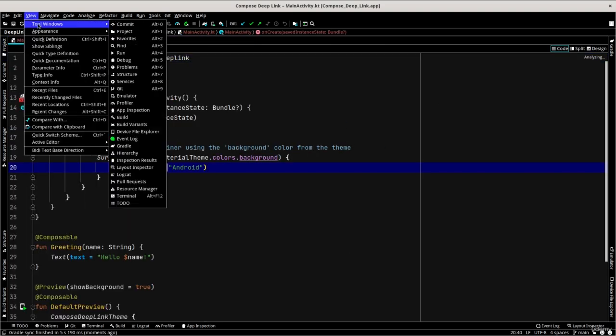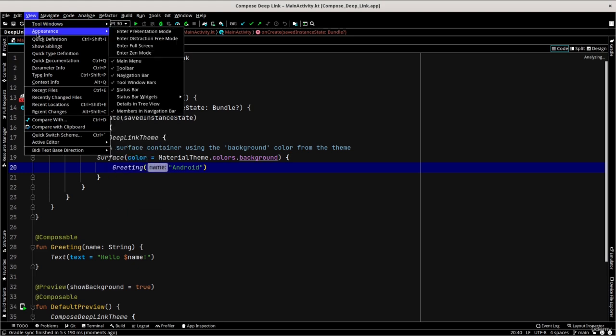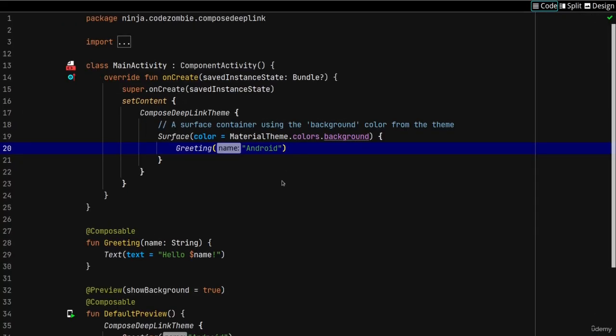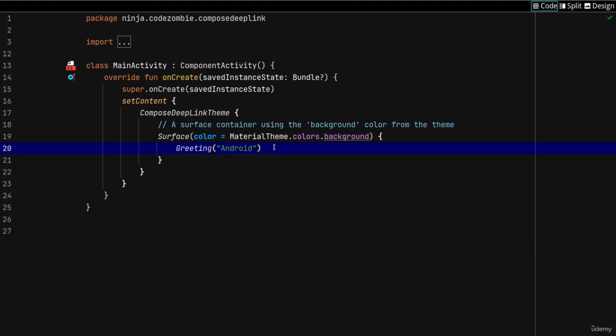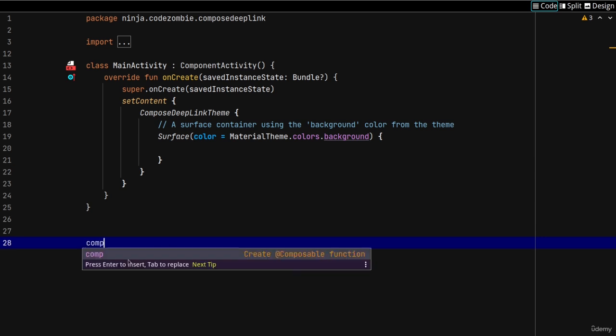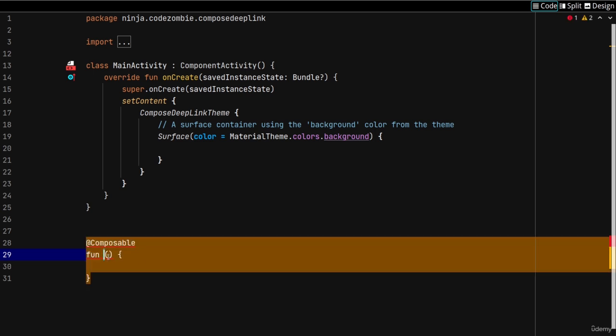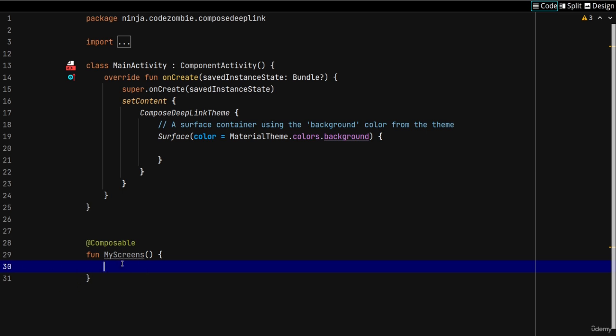I open tool windows, appearance, enter presentation mode, so that we can see the code better. As the first step, I remove the default composables and also the call to greeting that was previously there. I create my navigation screen, a new composable, and I name it my screens. This will contain my navigation and my navigation graph. Let's call it in our surface, main screens,